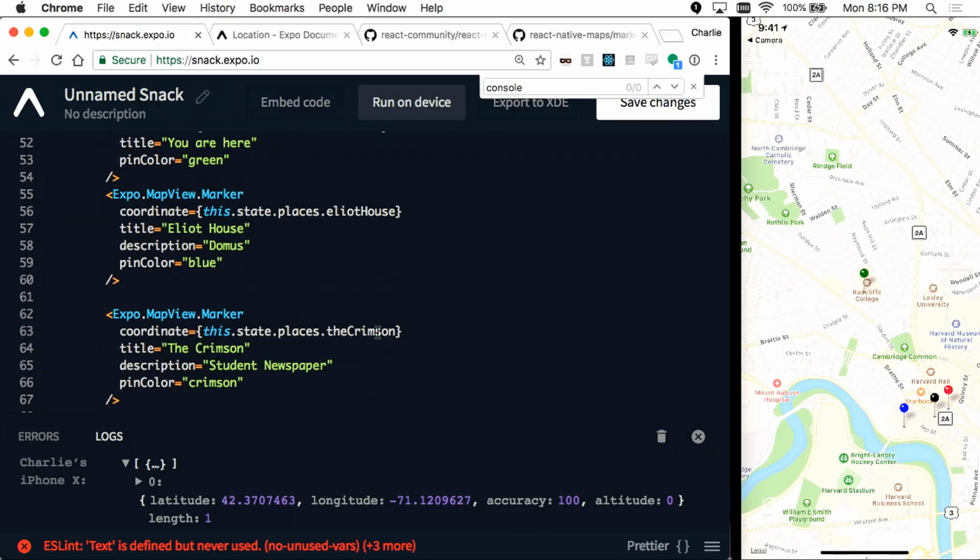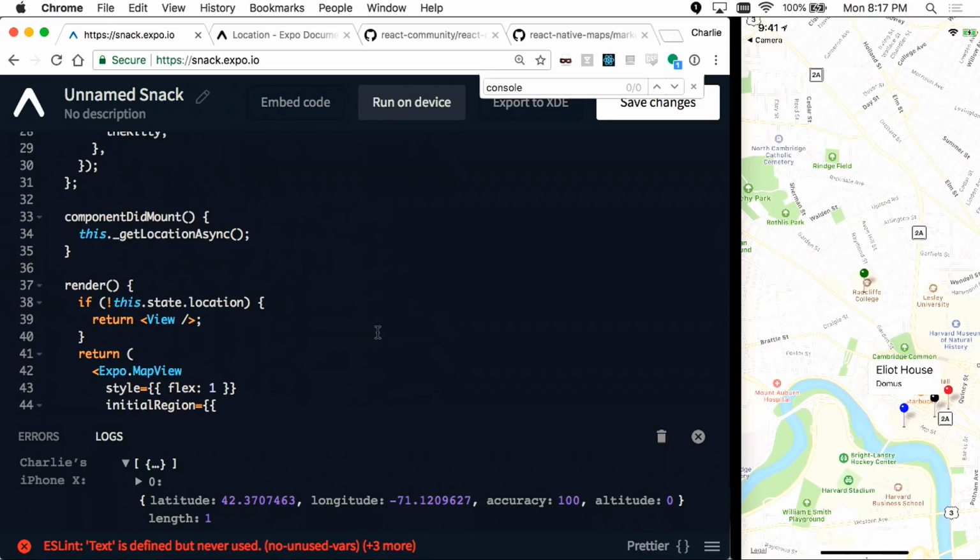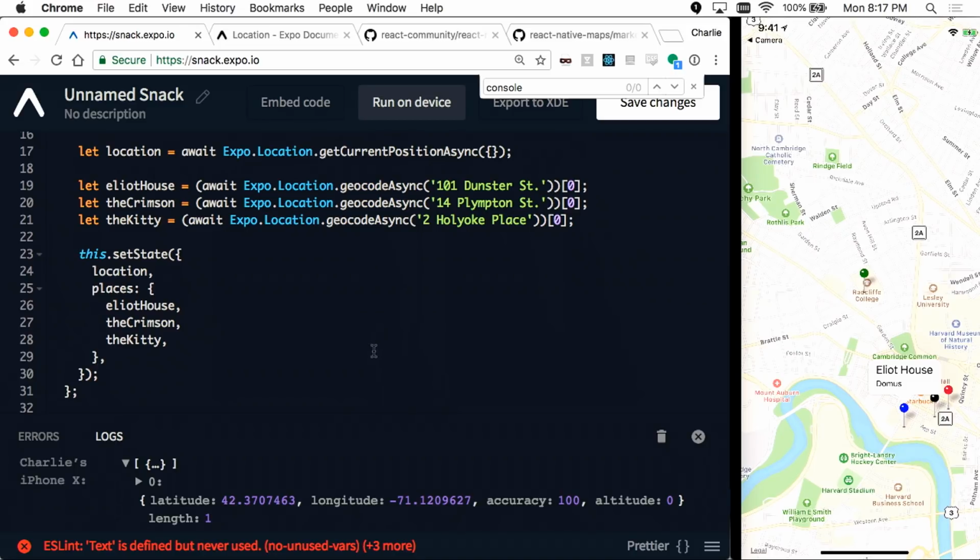So then the last thing I'll do is, we might want to know where we are instead of just saying we're here or whatever. So actually I can use an API called reverse geocoding to take coordinates and turn them into like an address or something like that. So what I'll do is I'll say